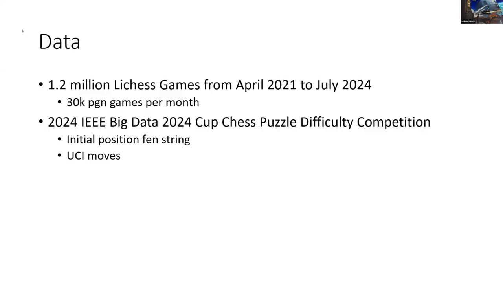The input data is a string instead. Because these days transformers are pretty common, they left it as a FEN string, which is also one of the more common ways to represent a position because it allows you to fully recreate the chess position pretty easily and compactly. And then the UCI moves, which is basically just the moves in chess notation, like E4, E5.